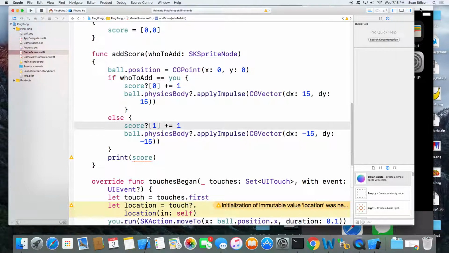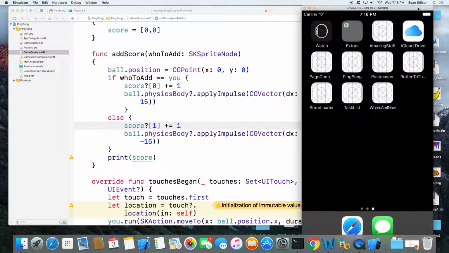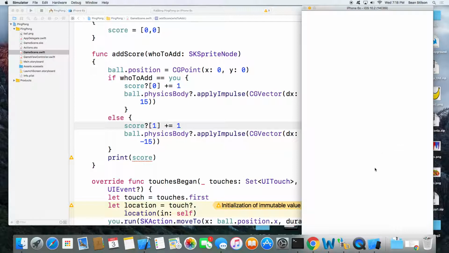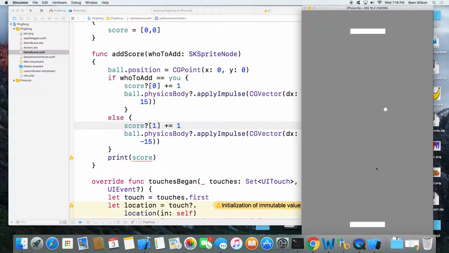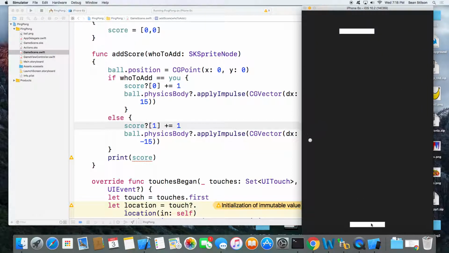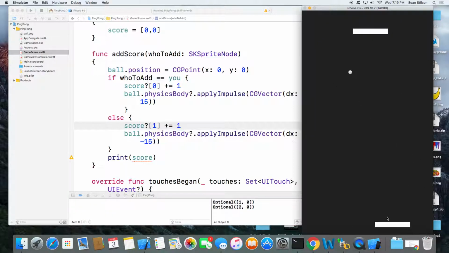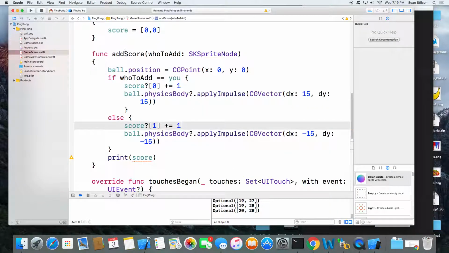And then you'll probably notice something interesting happen. Wow, it kind of gets a little bit hairy there, doesn't it?